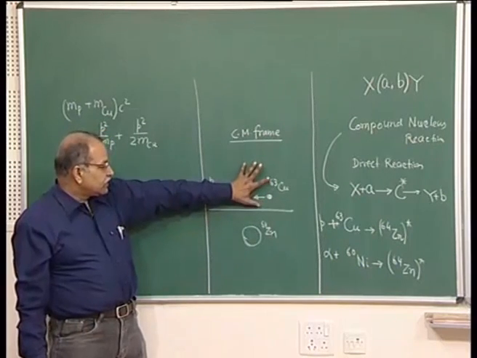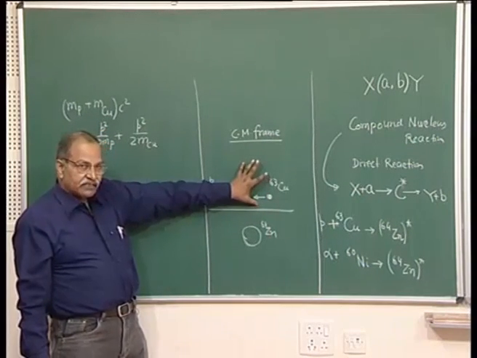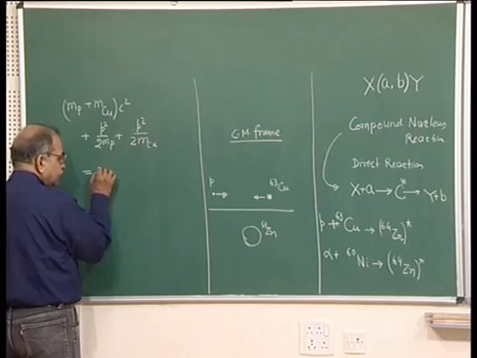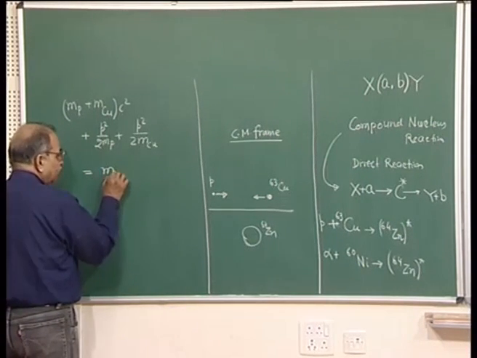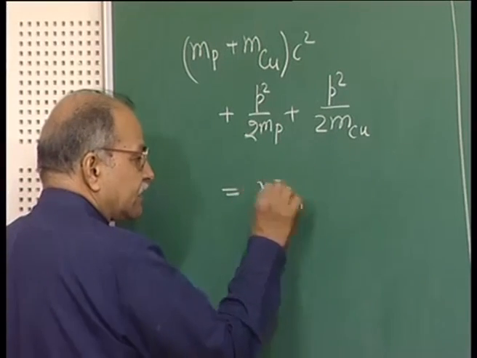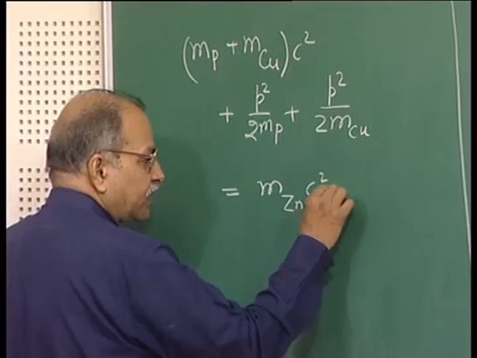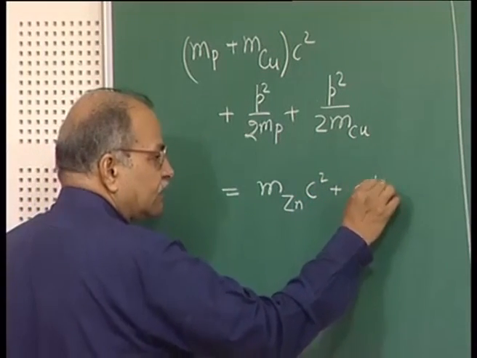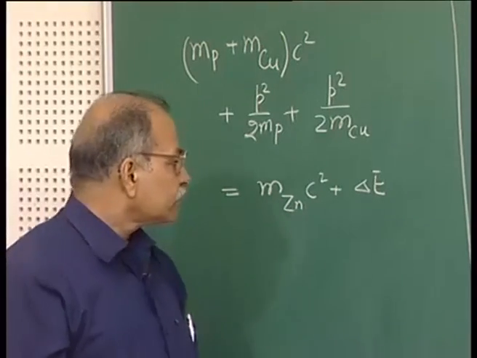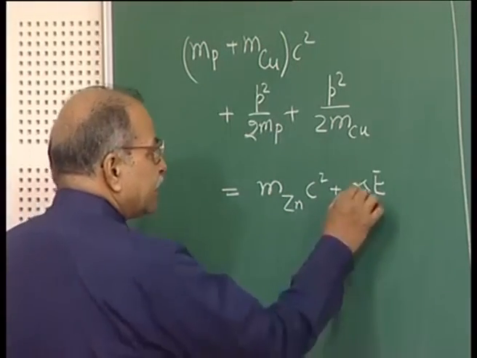So, that is the initial kinetic energy before the event, and after the event the total energy is the mass of this zinc 64, let us take the ground state, times C square, plus the energy which is taking it to some excited state, right. So, this delta E